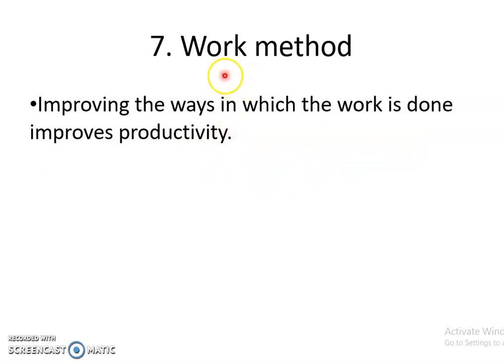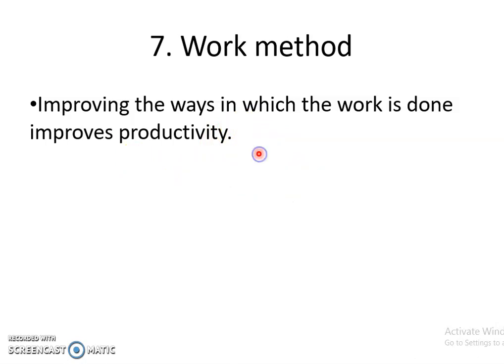So last one is the work method. So improving the work method will have impact on the productivity. The more advanced the methods, the more will be the productivity. So assume that the volume of product is to be doubled. The number of direct workers would have been doubled, and a few indirect workers might also be needed. But if there are a few advanced methods, human factors required will be less in such a situation.